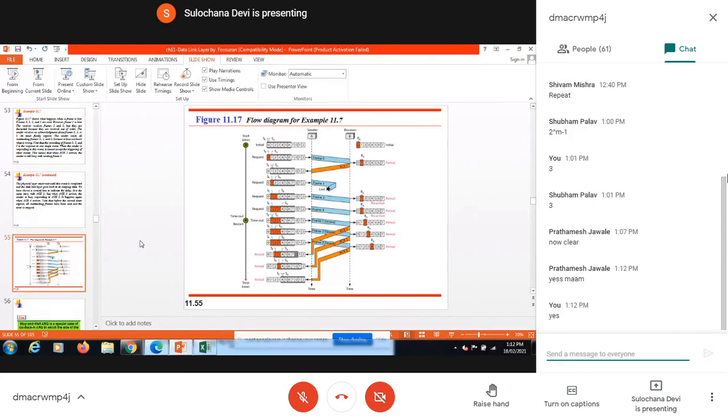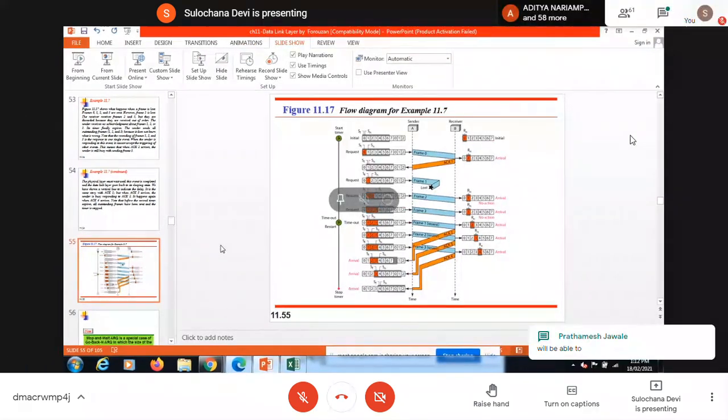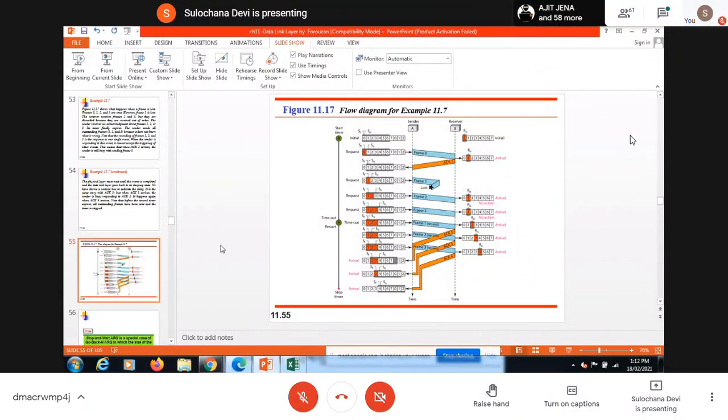Because I am telling you from previous many years, this time the syllabus is changed, but still the basic things will be the same. Almost 99% of the time there was one question in all your previous years' CN exams on go back N and selective repeat. The question can be to compare, explain some scenario given, why window size is 2 raised to power m minus 1, or what the window size is, at least for 10 marks. There used to be always one question on go back N and selective repeat. So these are very important topics.